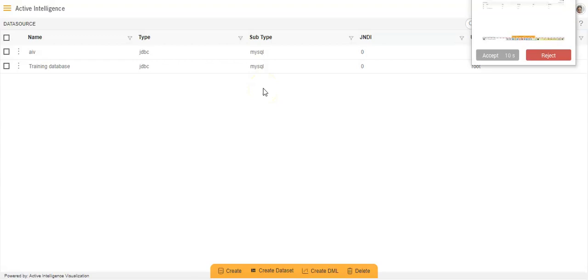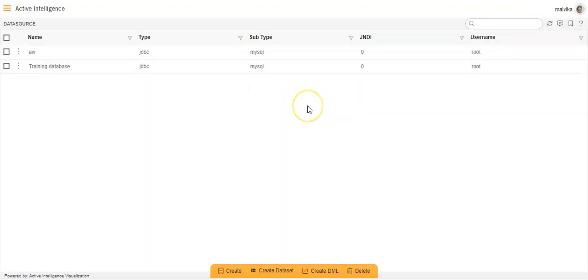So this is how we can connect AIV with the data source with the JDBC driver, and we can also create the data set out of that data source that we connected AIV with. Now let me also mention that data source connectivity is just a one time activity. So after that you can use the tables from the database. In my next video, I'll be showing you how we can connect two tables from different data sources.